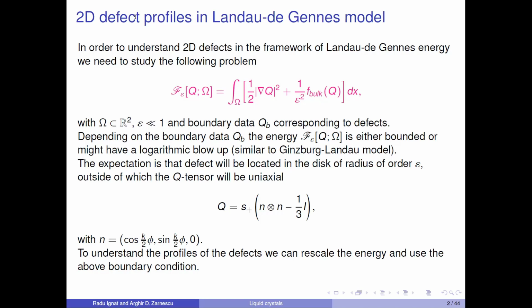And it turns out that it is sufficient to look just at the case when omega is a disk and to look at these kind of boundary conditions. What do I mean by it is sufficient? I mean that these are the kind of defects, the point defects that are observed numerically and